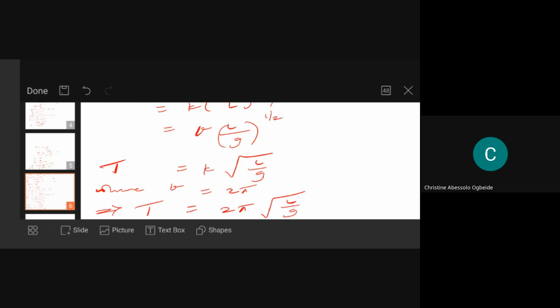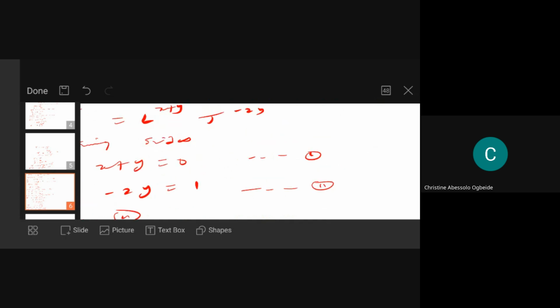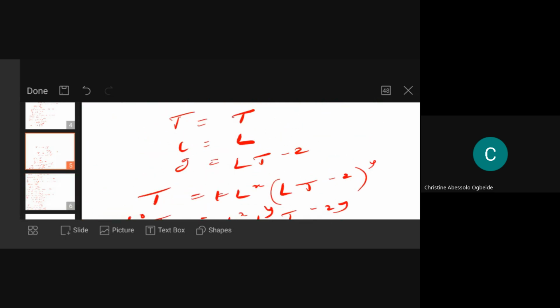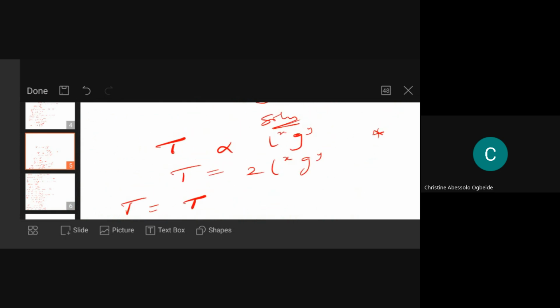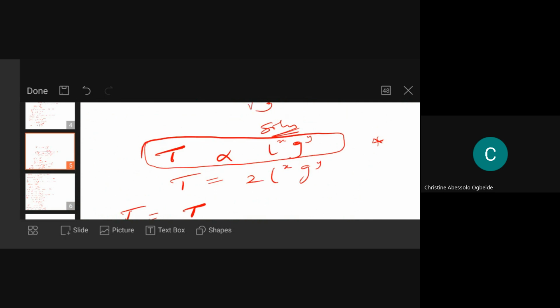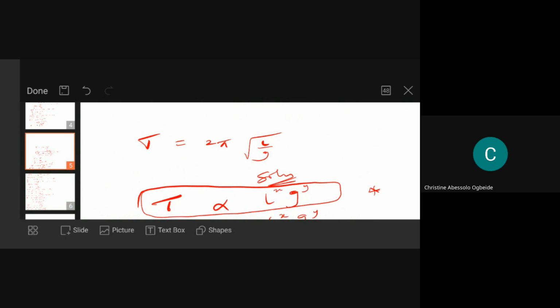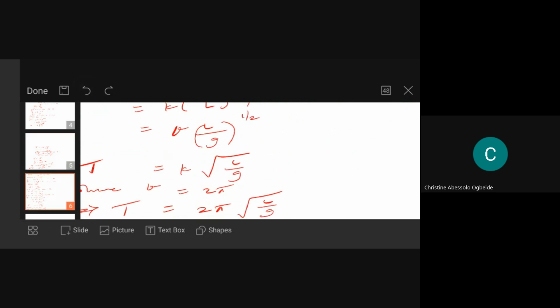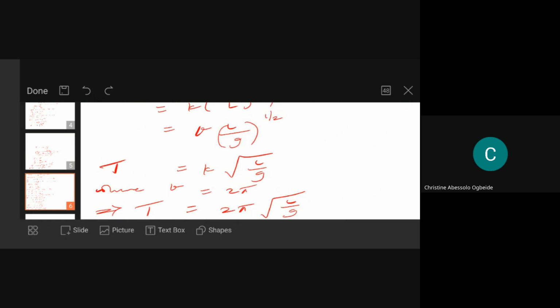And that was how we obtained it. You see that we started from this equation right here. Look at what they gave us. I started from this thing right here, and I was able to prove that equation with dimension analysis. This was what I used here. And I could prove what the formula looked like because I understood dimension analysis. And this is the formula that T is equal to 2 pi root L over G. And I've been able to prove it clearly. No more argument that T is equal to 2 pi root L all over G. This is K here, K.